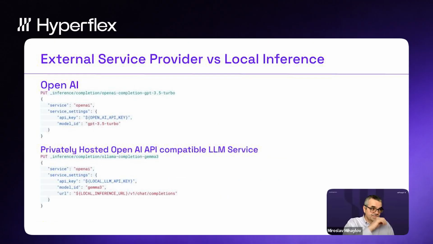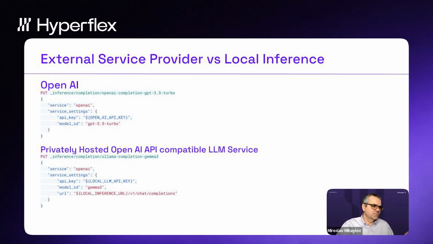And how do you do this? The inference for OpenAI, for example, we have an example. You have the inference type completion. It could be for embedding, for example, those are defined. And then this one here is the user-defined string, which helps you identify what it is. And those are the parameters.